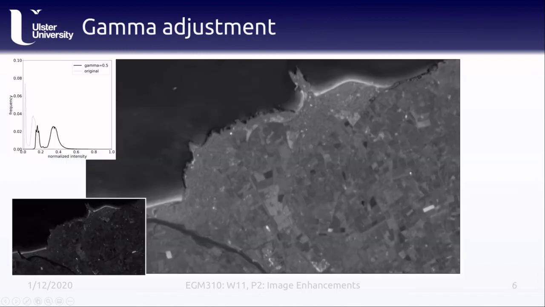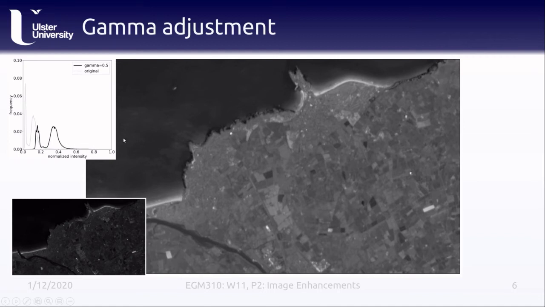Another type of contrast stretching that won't wash out the brightest or darkest pixels is what's known as a gamma adjustment or gamma correction. In this type of stretch, the pixel values are raised to some power gamma. If gamma is greater than 1, this has the effect of shifting the histogram to the left, darkening the image. If gamma is less than 1, as shown here, this has the effect of shifting the histogram to the right,